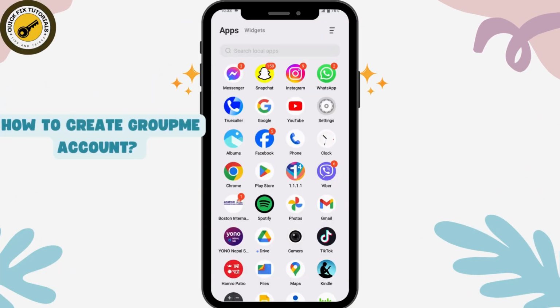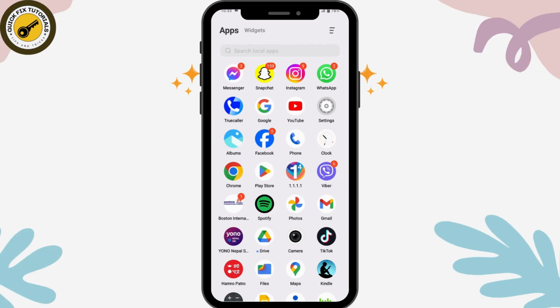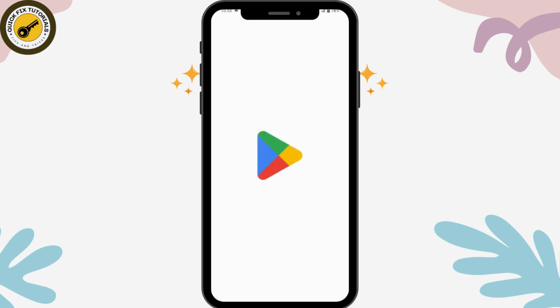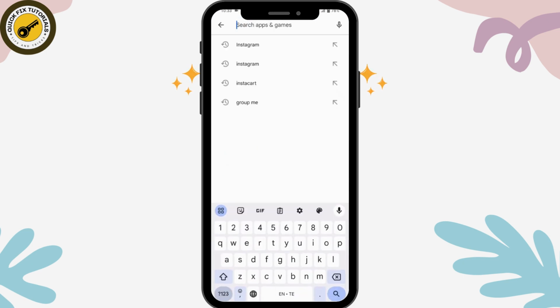How to create GroupMe account. So if you want to create a GroupMe account, then first you need to install the application. So to install, you can open up your Play Store. So check your internet connection and then open up your Play Store, go for the search bar, and here you